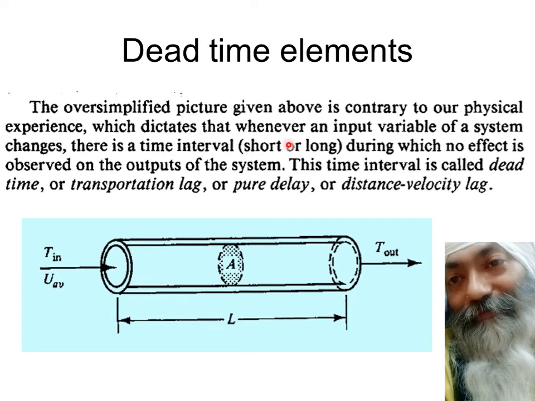We have to model these dead time elements also to make our model as close to the physical system as possible. So this was one simple way to model it. We get to know the velocity of the thing which is moving in it. We know the length, and we introduce another element in it, and that element will be given by TD. TD means time delay for the pure delay over here, and is given by L divided by V, as you're going to see in the next slide.